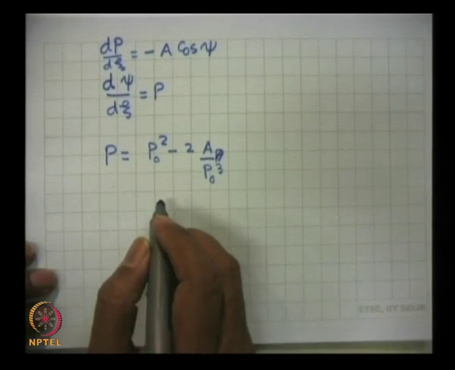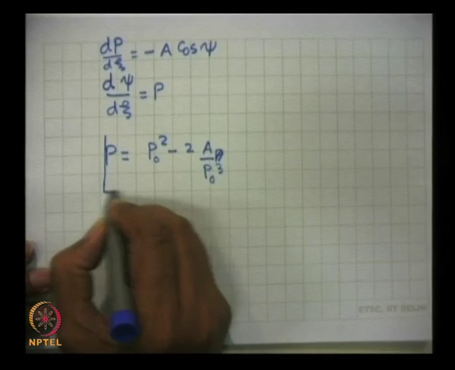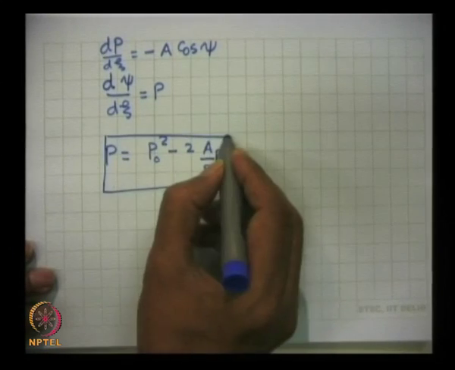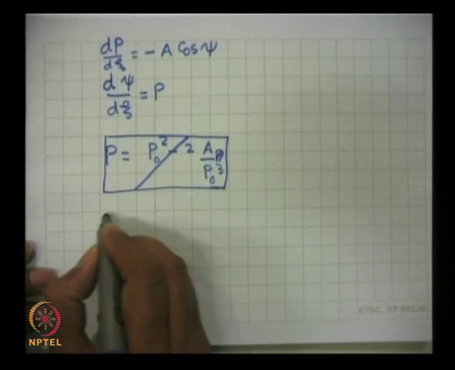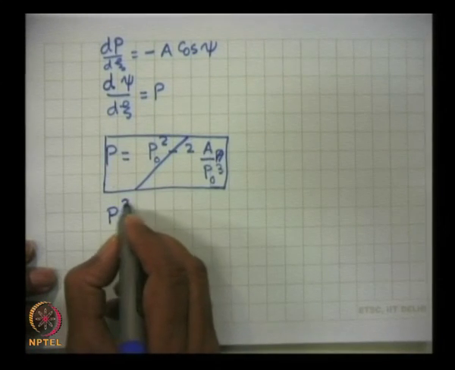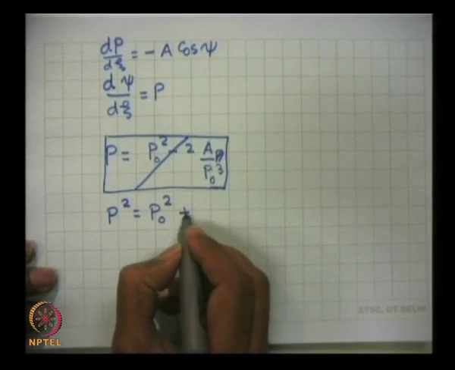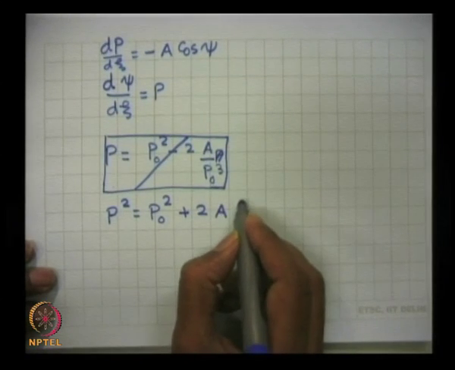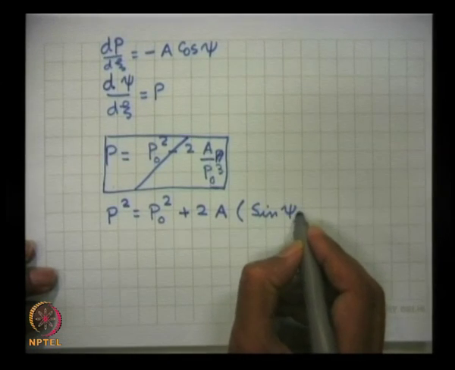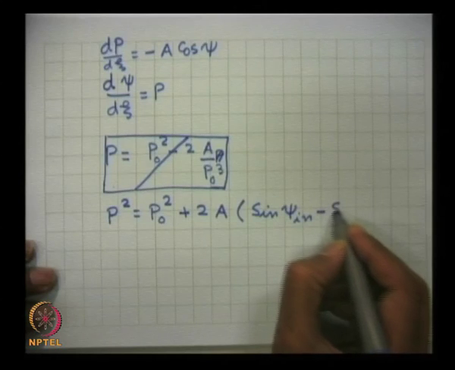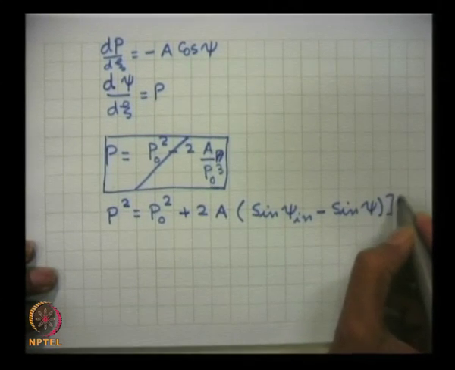No, I am sorry, this is not right. Let me delete this. The equation that we deduced was P square is equal to P0 square plus twice A (sin psi minus sin psi in) to the power half,